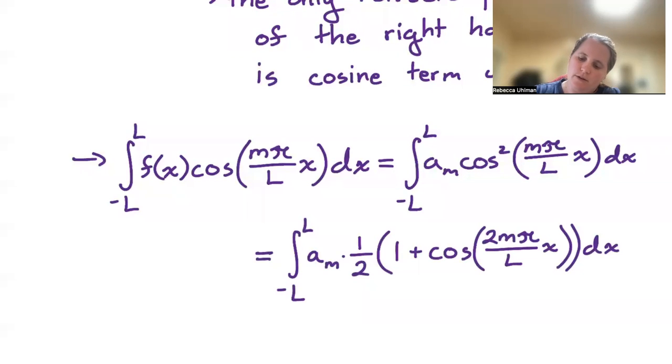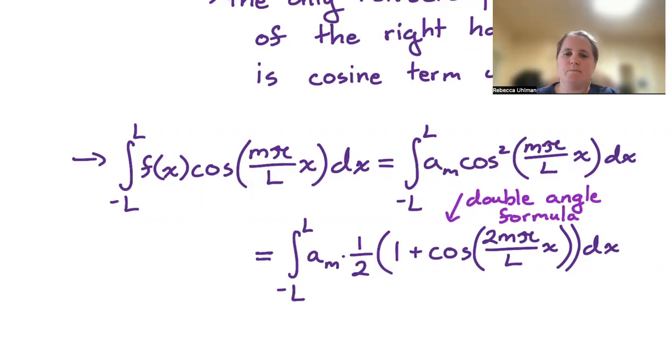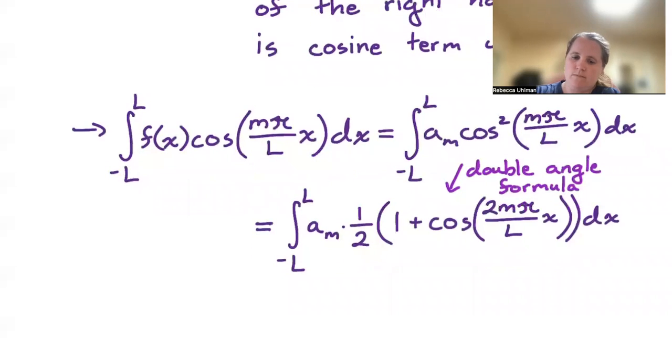Again, this was using our double angle formula. So we are looking at a sub m over 2 times the definite integral from negative L to L of